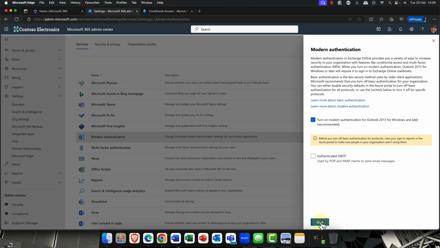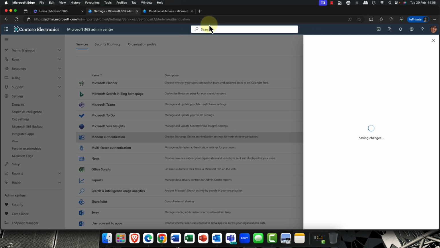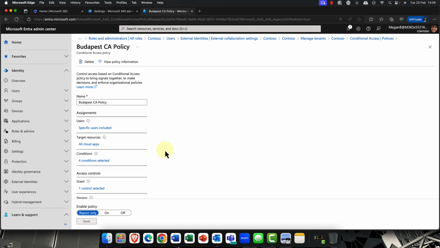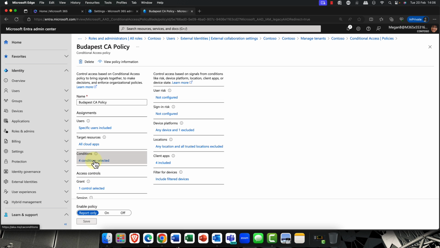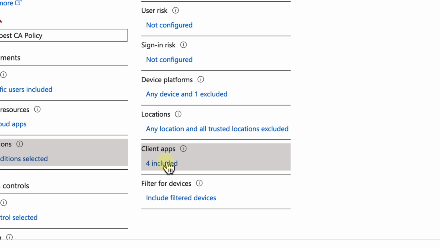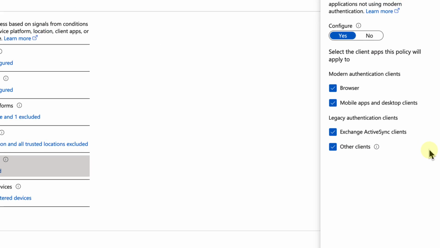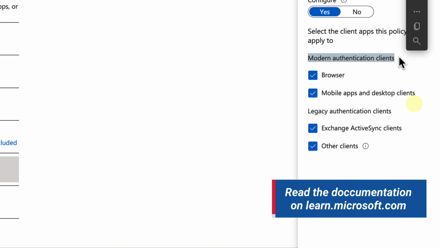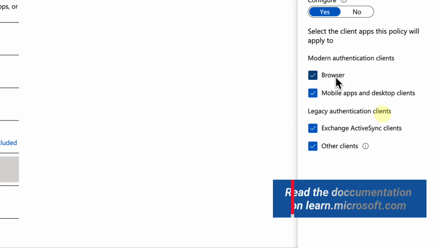And if you have to have those clients, then maybe I can suggest that you come into conditional access. If I come down into conditions, in the conditions area we have an option called client apps. Here in the client apps, you can see we're supporting the modern authentication clients for both browser and mobile and desktop apps.